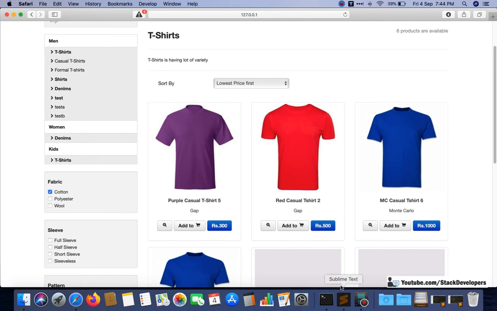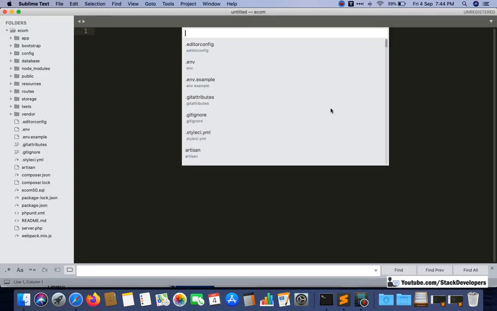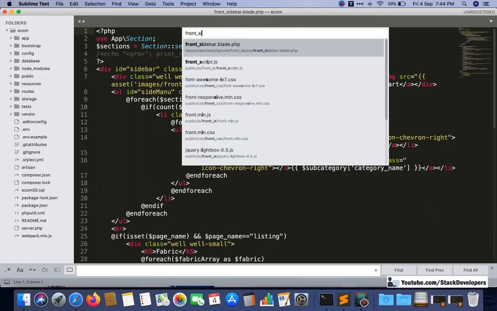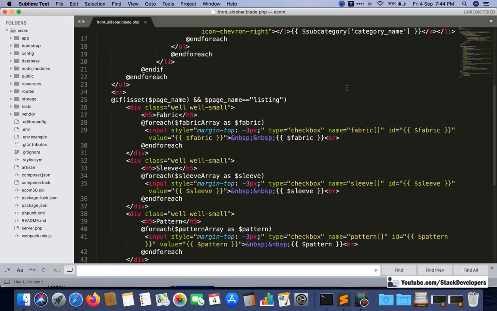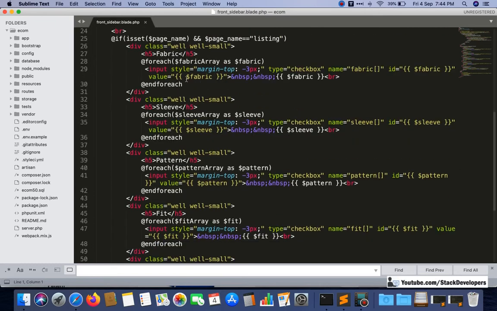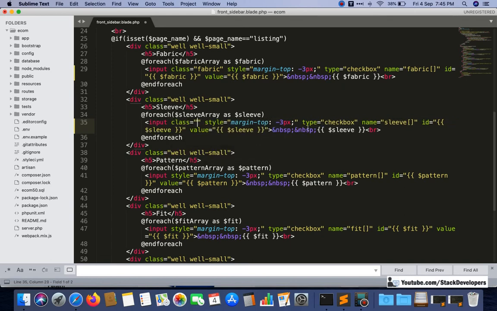First of all, we are going to update the front sidebar and make sure that all the filters have the same class as the filter name. We are going to add the class for all the filters here, like the input class. Here I will add fabric, the same name we have given as the name, so I will give the same in class as well.